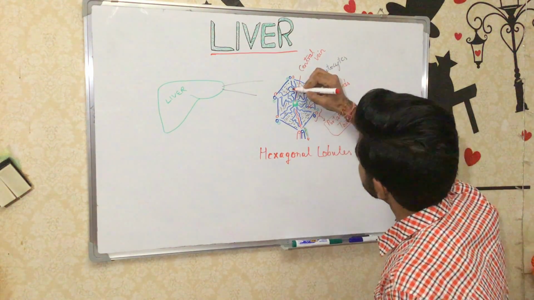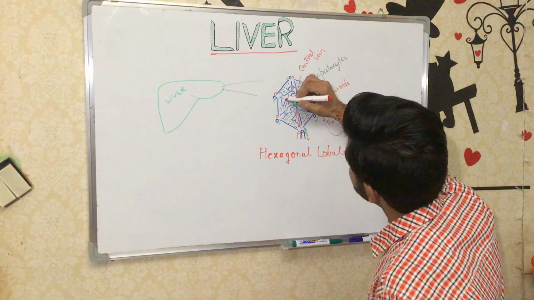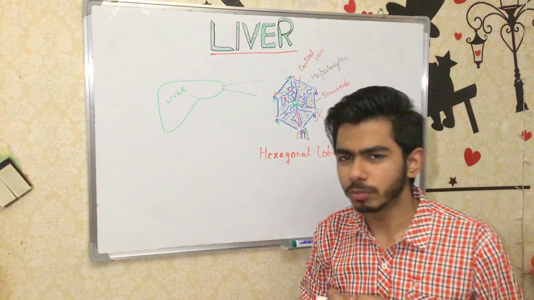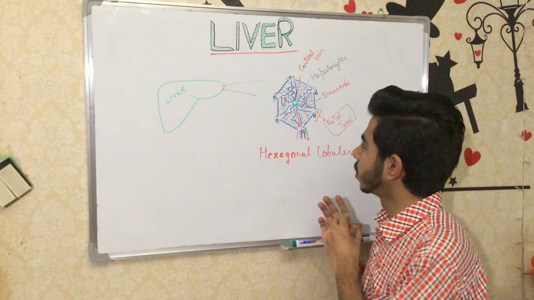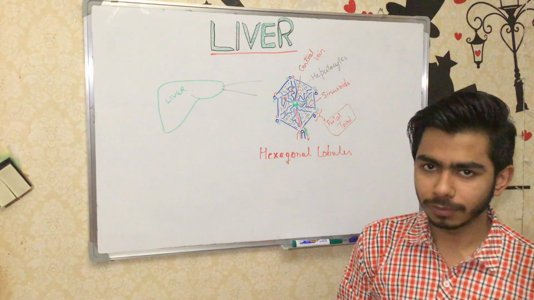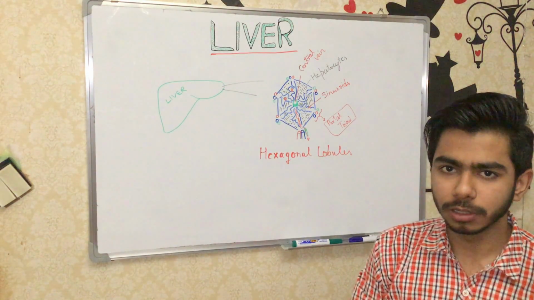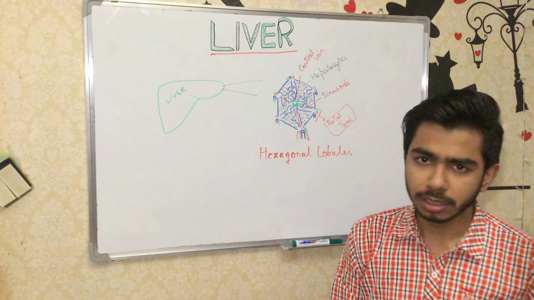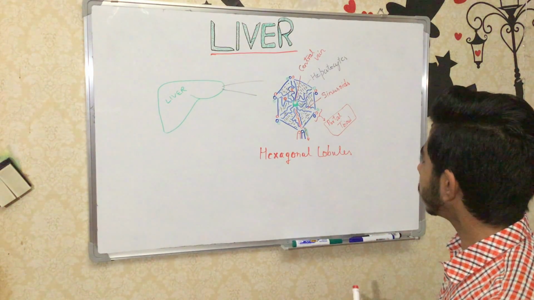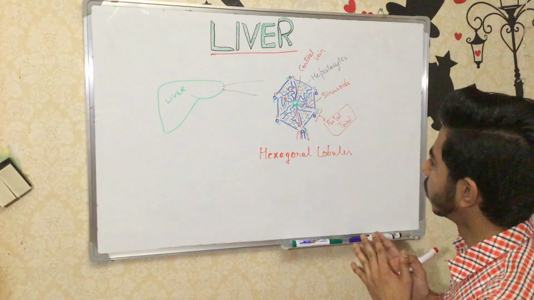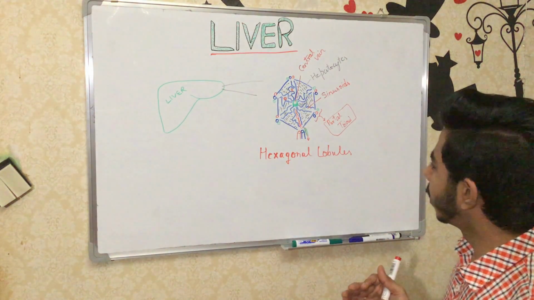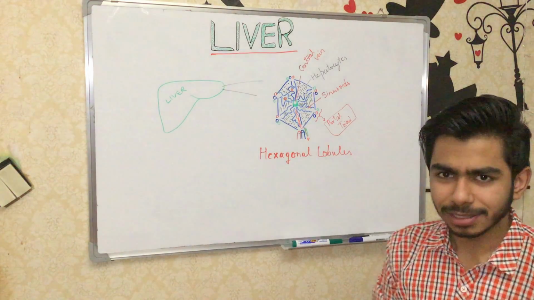Okay, here are some macrophages which actually eat up the bacteria coming inside the hexagonal lobules. These Kupffer cells, or macrophages of the liver, will grab those bacteria and will kill them eventually. So these are mainly the structures present inside our hexagonal lobule, and how the liver actually drains into the further